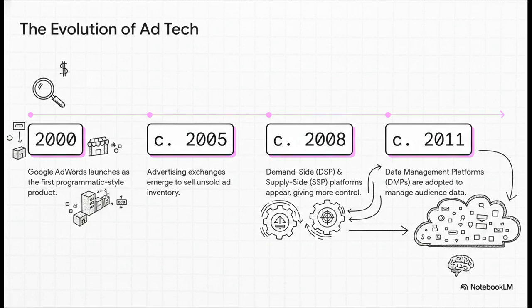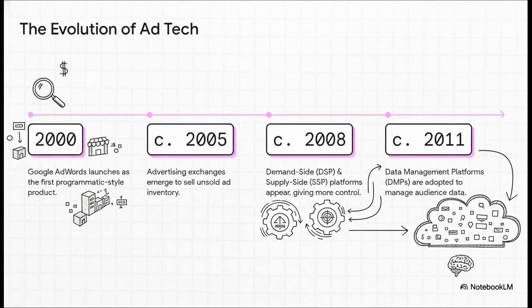Now, this tech didn't just appear overnight. It was built up piece by piece. It kind of started with products like Google AdWords way back in 2000. Then came ad exchanges, which were basically marketplaces for unsold ad space. But the real revolution kicked off around 2008 with the DSPs and SSPs we just talked about. And finally, you had data management platforms, or DMPs, come in to organize the crazy amounts of audience data that